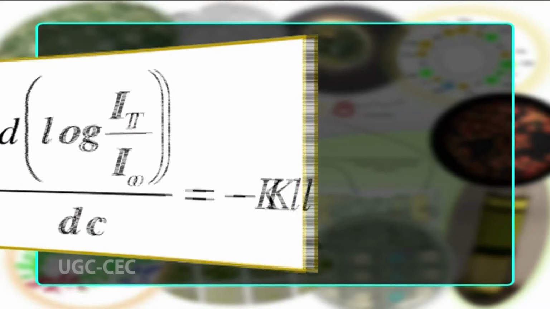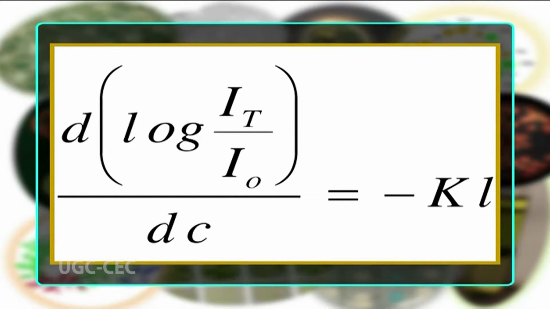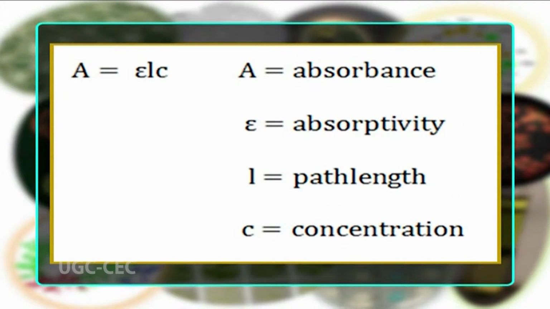This can be taken from the reference or more accurately determined from a calibration curve. There are some terms which need to be understood before getting into the spectroscopy. One such term is molar absorption coefficient, or molar extinction coefficient, or molar absorptivity. It is the measurement of how strongly a chemical species absorbs light at a given wavelength. It's an intrinsic property of the species, as represented in the formula, where the actual absorbance is represented by A of a sample also depends on the path length L and the concentration C of the species according to Beer-Lambert law.